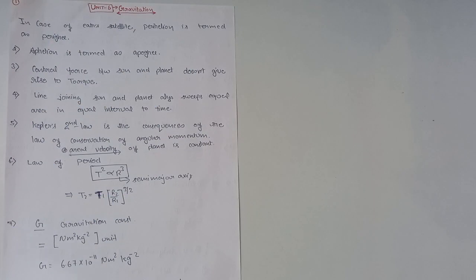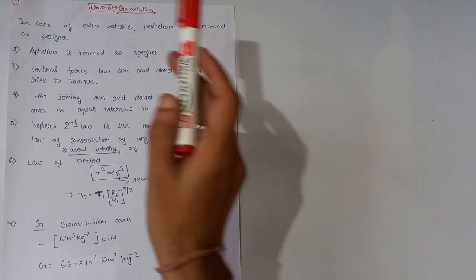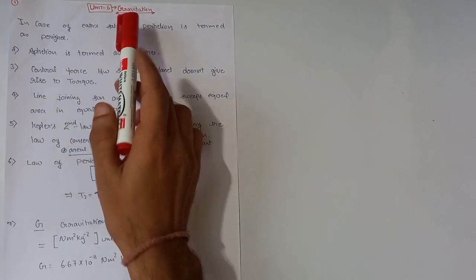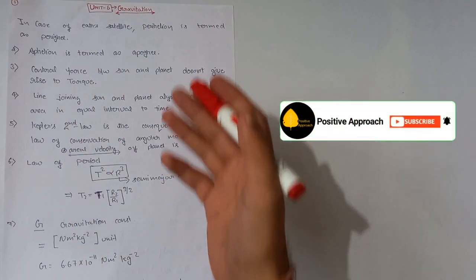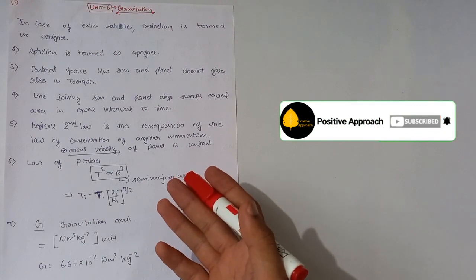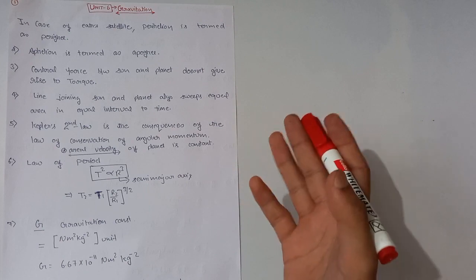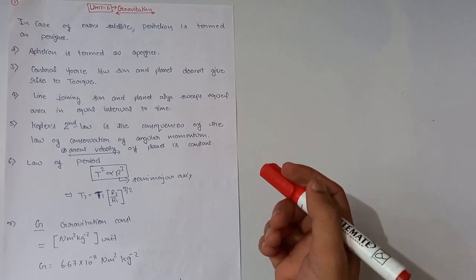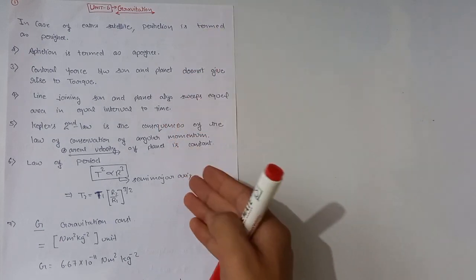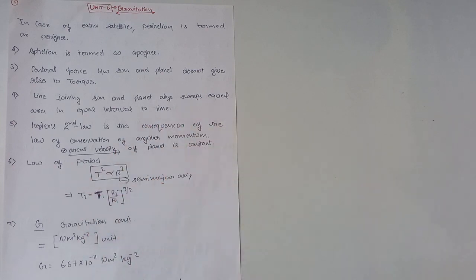This is Nitesh Bharadwaj. Today we are going to discuss our unit number 6, which is gravitation. First of all, we will discuss some important key points of this chapter, and after that, we will proceed toward numericals which are very important from the examination point of view, based upon these key points and the formulas we will discuss here. So without wasting any time, let's start.